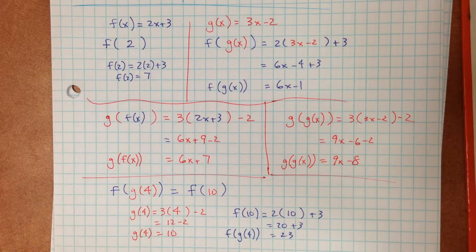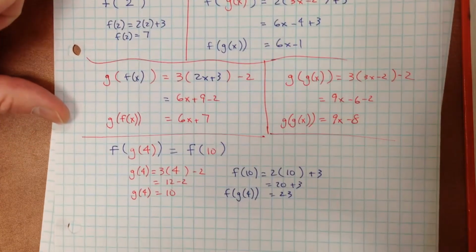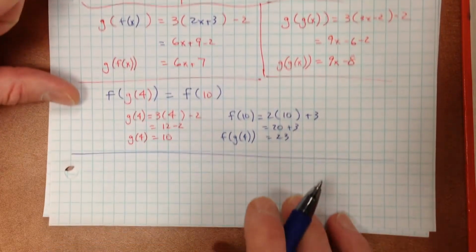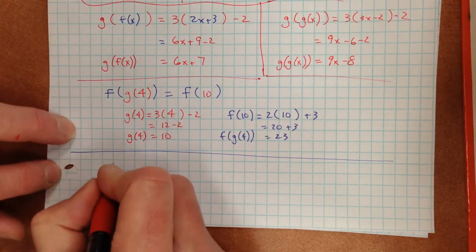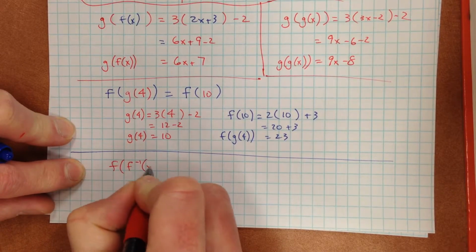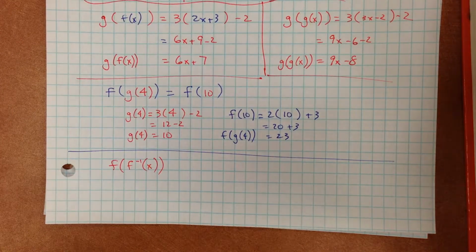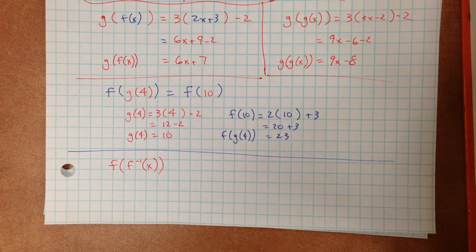We could do that with the inverse. We could put all these different things together. I do want to talk about one more little thing before I let you go. Let us say we had this: f of f inverse of x. Okay, thinking back to inverse and knowing that it is an undo function,